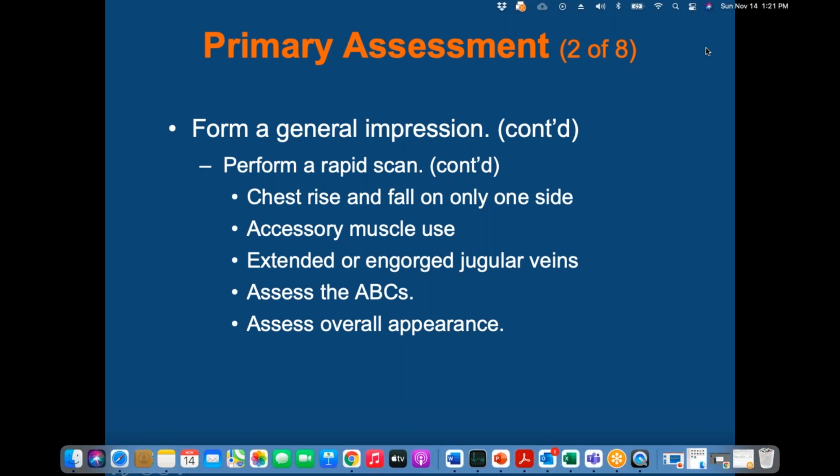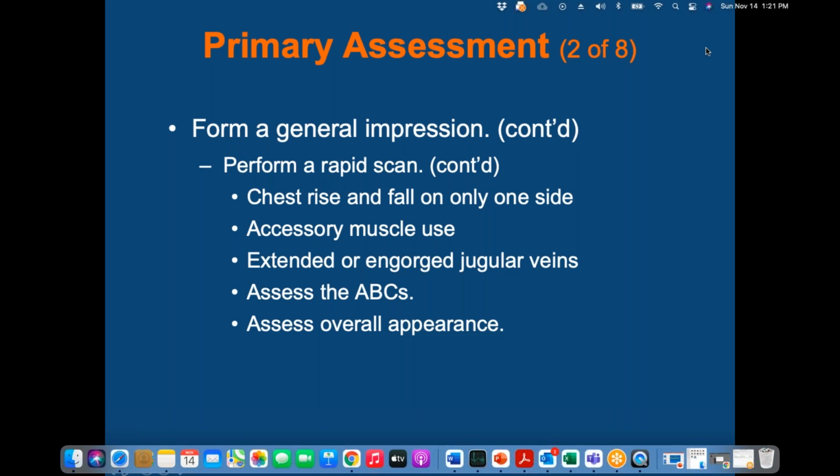Beck's, B-E-C-K-S, Triad are three things that we look for in the assessment to find out if the patient has a cardiac contusion or a pericardial tamponade. The three things we look for: one is JVD, jugular vein distension. The second thing we look for is muffled heart sounds. So you take a stethoscope, place it over the heart, take a listen. If it sounds muffled, that's the second thing. The third one we're going to look for is